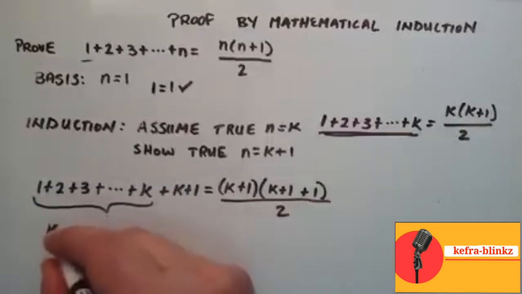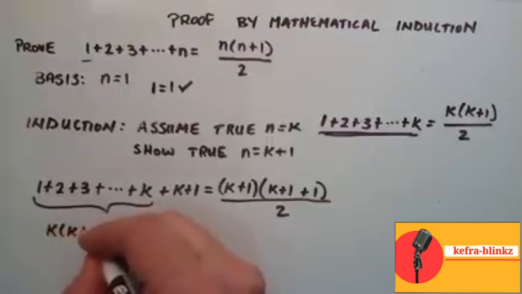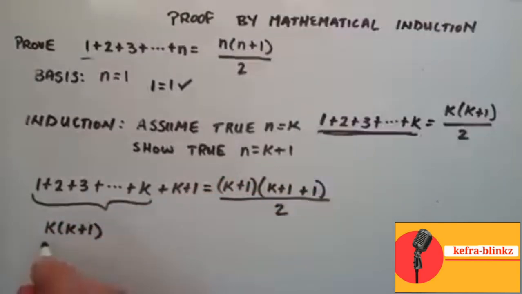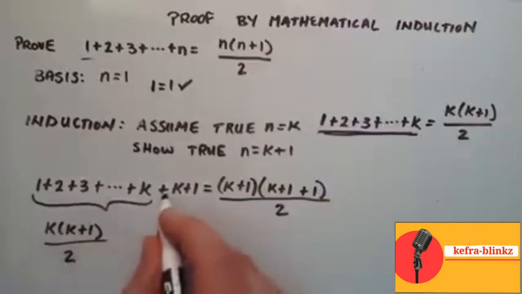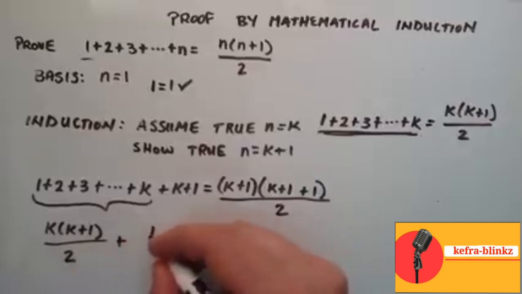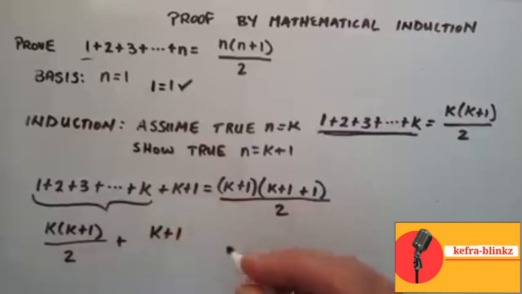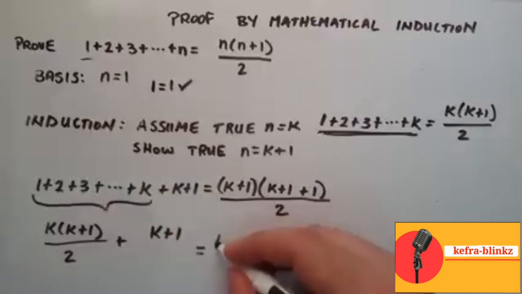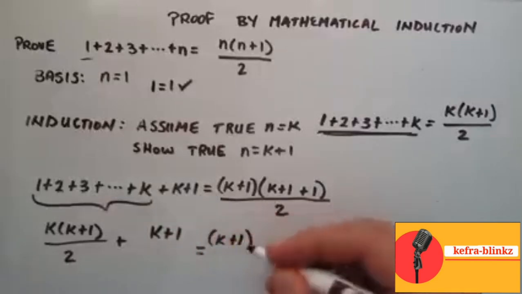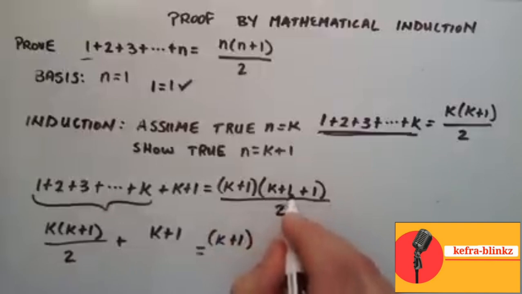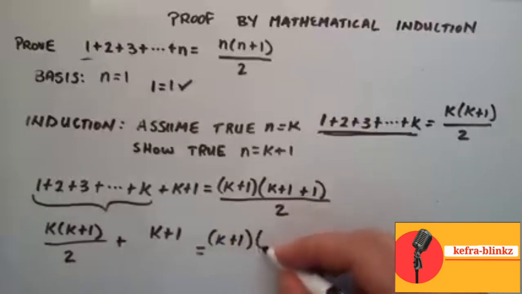So this becomes k times k plus 1 divided by 2, and then we add that to the k plus 1 over here, and then we're just going to check, is that equal to k plus 1, and then here this is really k plus 1 or k plus 2